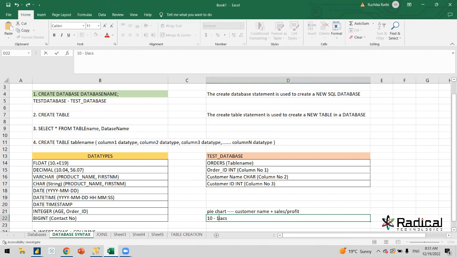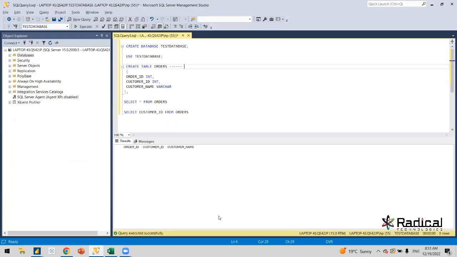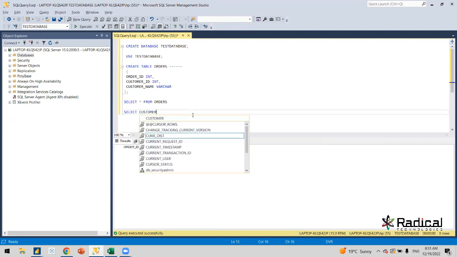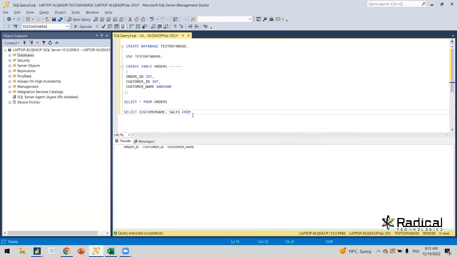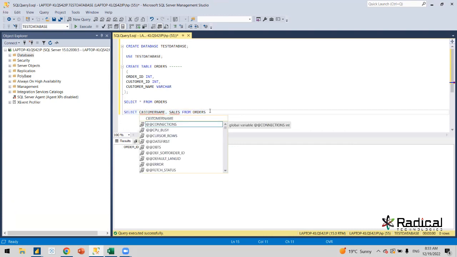सो अभी ये करेक्ट है या नहीं, मुझे कैसे चेक करना पड़ेगा? आई हैव टू कम टू माई डेटाबेसेस, या आपका डेटा अगर एक्सेल में आ रहा है, किसी और डेटाबेस के टूल में आ रहा है, सो यू हैव टू कम एंड फायर द क्वेरी हियर, सिलेक्ट कस्टमर नेम। आपका क्या होगा क्वेरी उस केसेस में? यू हैव टू फायर द क्वेरी हियर, सिलेक्ट customer name, then sales हो, profit हो। currently we don't have a sales column, from the table, आपका जो भी टेबल होगा, ऑर्डर्स टेबल। सो ये आपको फायर करके आपको ज्वाइन कंडीशन यूज करना पड़ेगा। आई विल टेल यू अबाउट ज्वाइंस इन द लेटर सेक्शन। तो आपको दो टेबल्स को ज्वाइन करके ये डिटेल्स निकाल के यू कैन गेट द रिजल्ट।